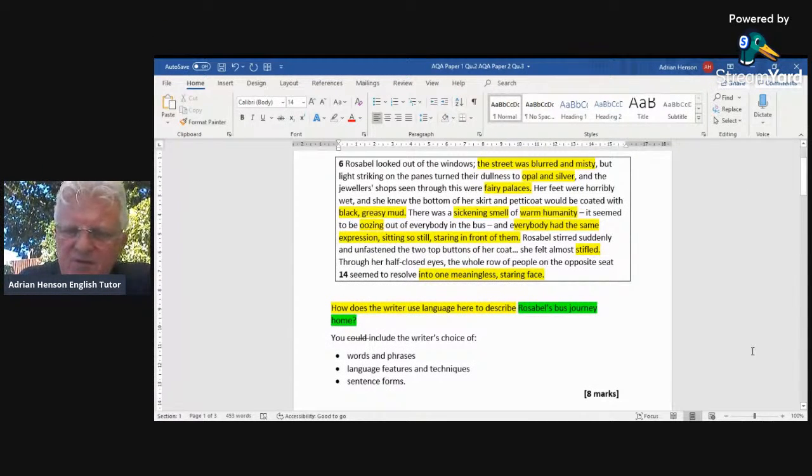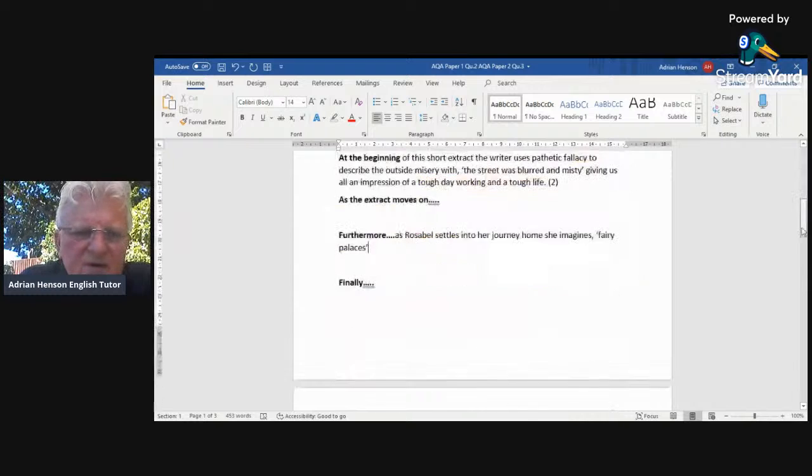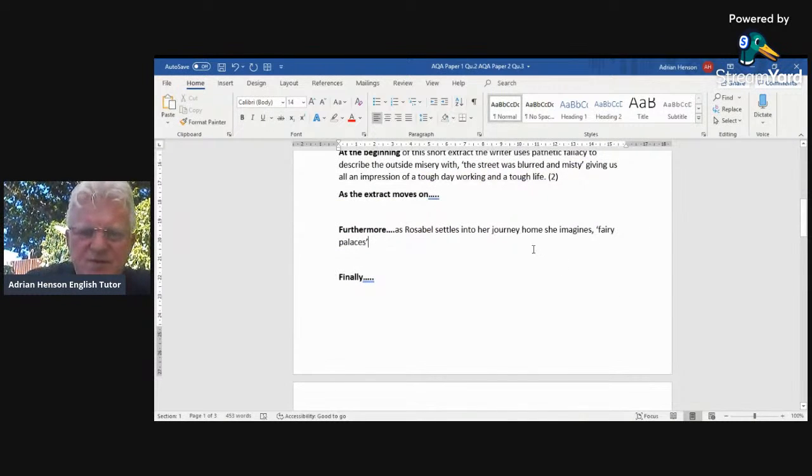Just checking I'm spelling it all right. So first, Rosabelle settles into her journey home, she imagines fairy palaces, which